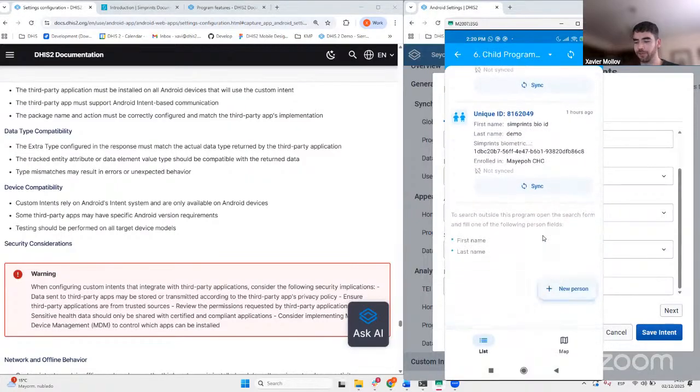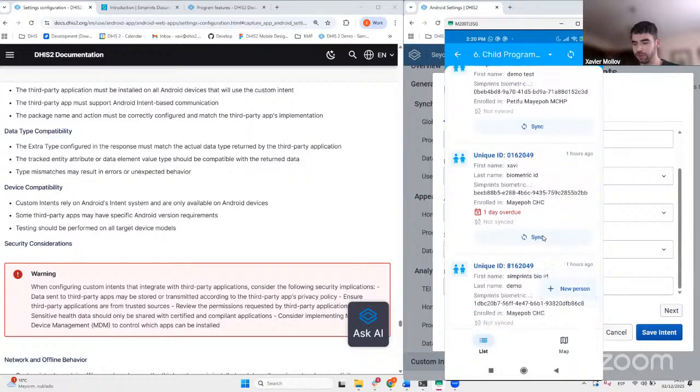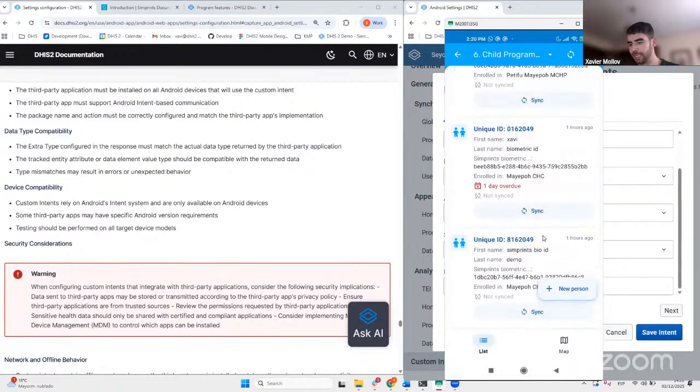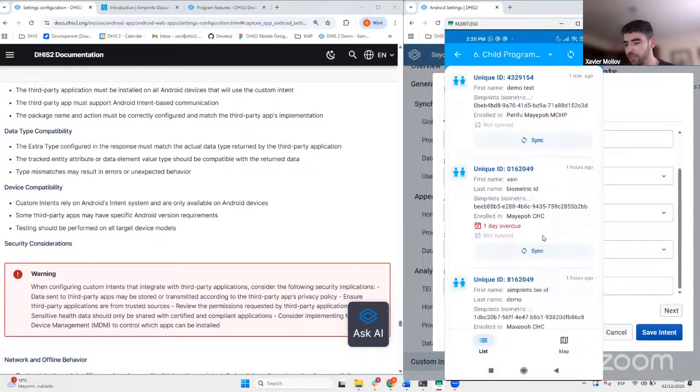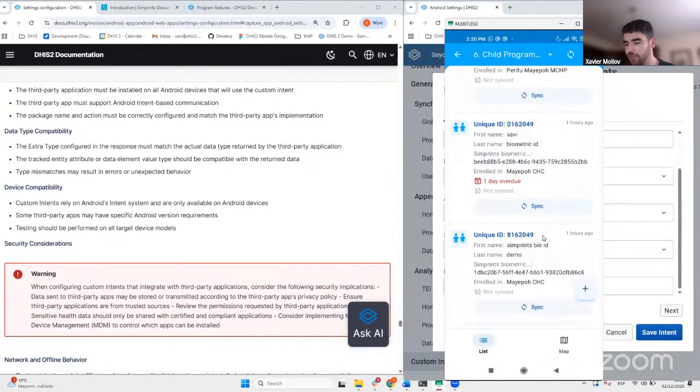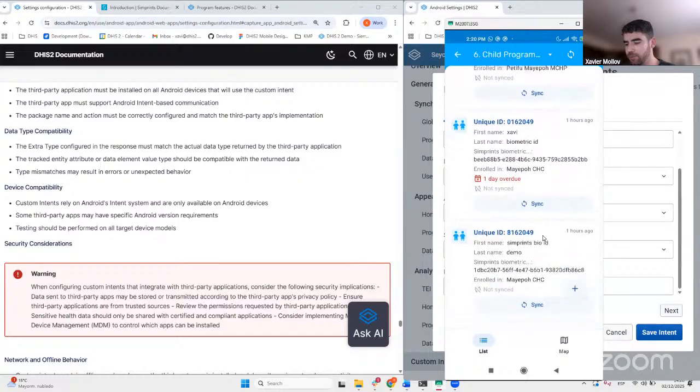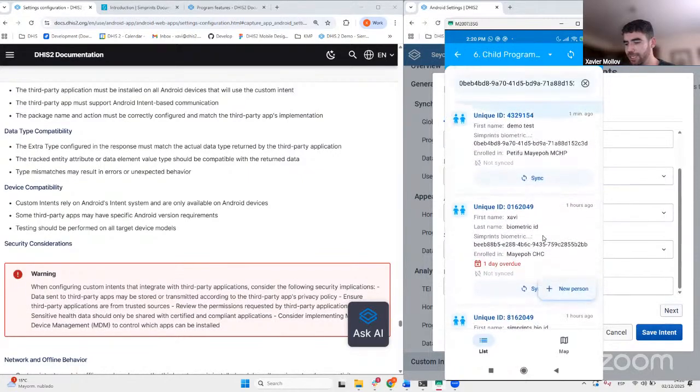Yeah, there you go. Okay, so it matched all the ones that we created. You can see I have the one that I created right now with the name demo test, and then we have these two that he created before for testing, and that's the match that it had. So we believe that this has incredible potential